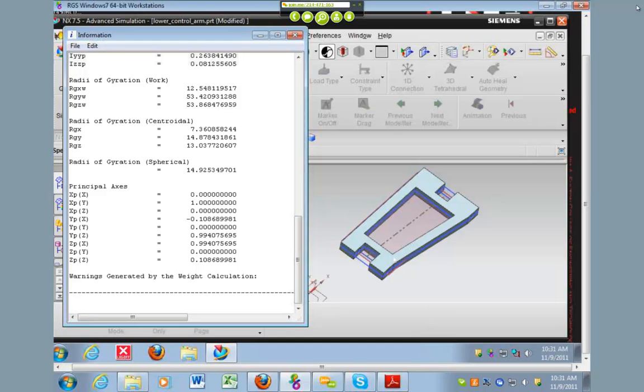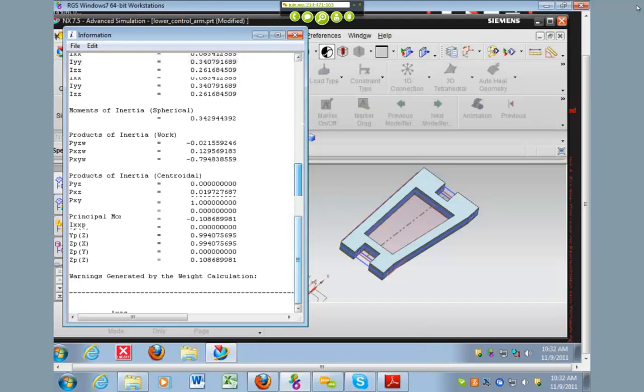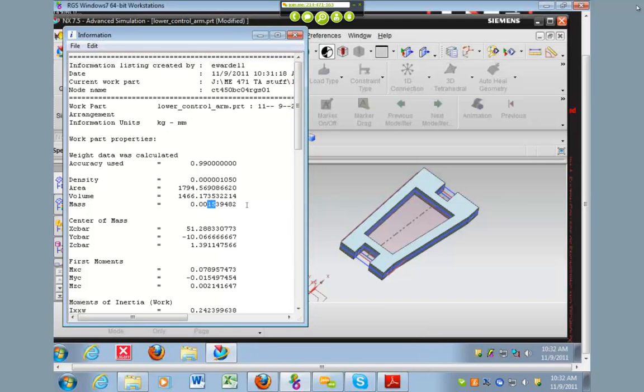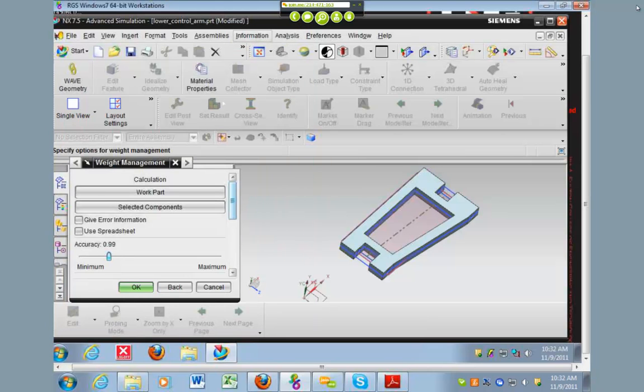So the point of the lab is to learn how to do this, pull up information that NX calculates for you about mass properties, and show that if you change some things about your model, it will update. So in this one, just looking at the mass, for example, it was 0.00514, right? And if I,